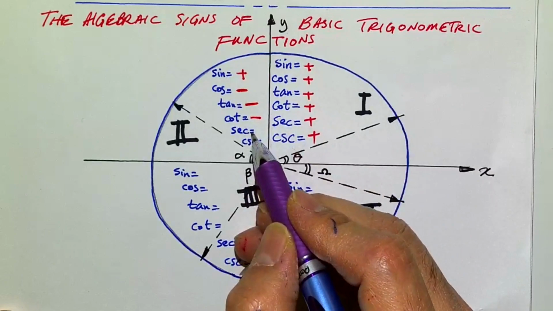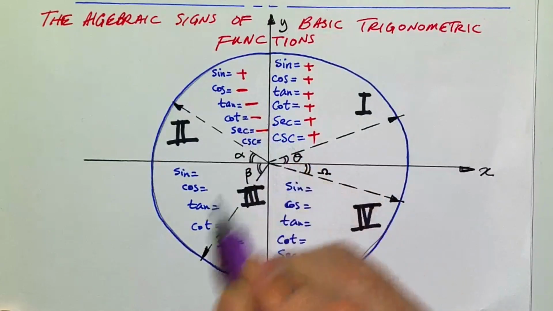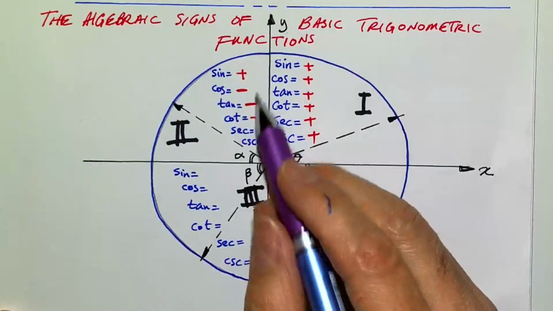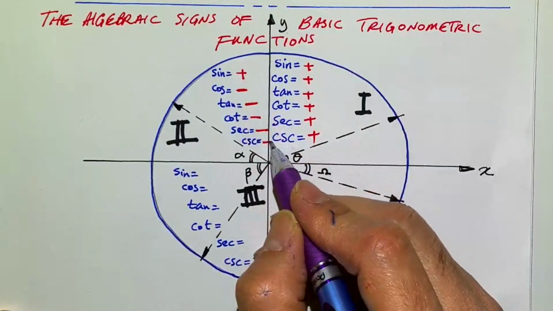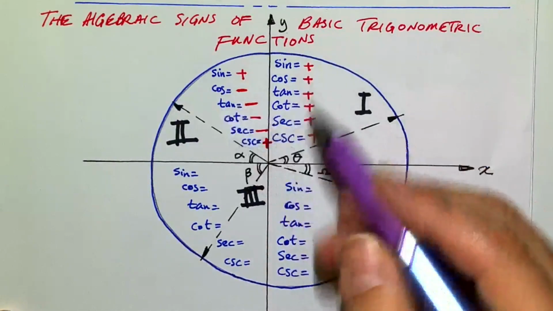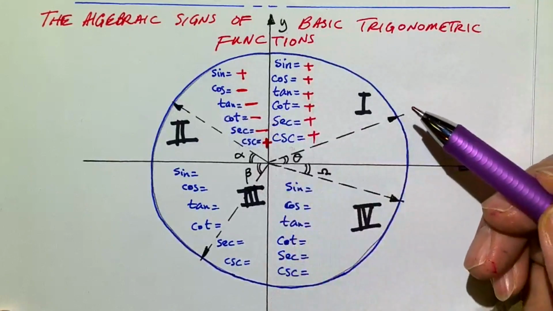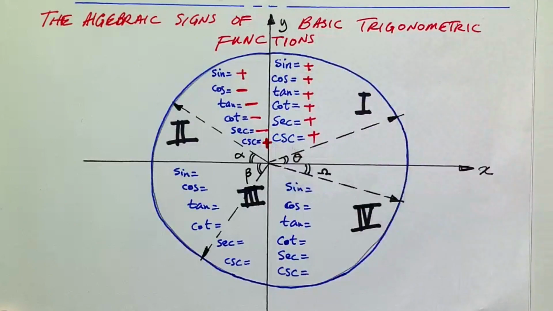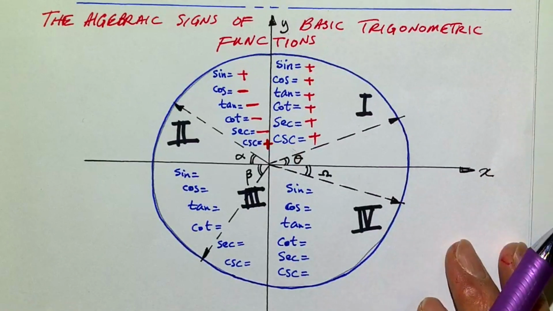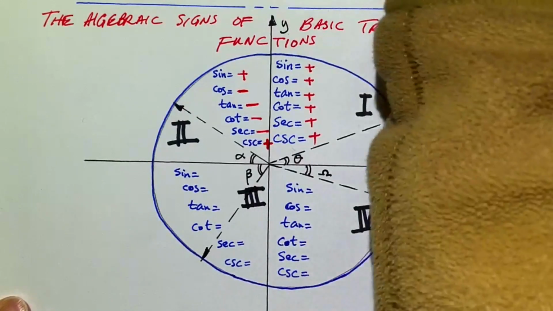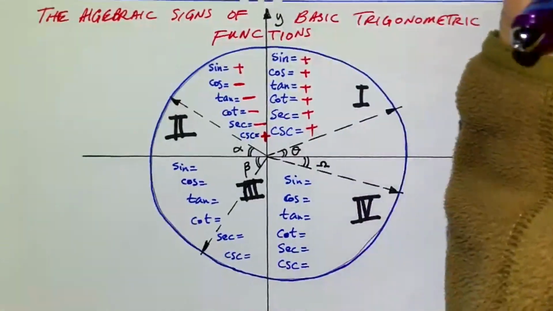Secant is the reciprocal of the cosine function. So negative again. Cosecant is the reciprocal of the sine function. So 1 over a positive number is going to be a positive number. Right? So in the second quadrant, look at that. The only positive trigonometric functions are sine and cosecant. Okay? I'm sure you're seeing the benefit of remembering this. It'll come in handy a lot, as you'll see in the examples that are coming up.